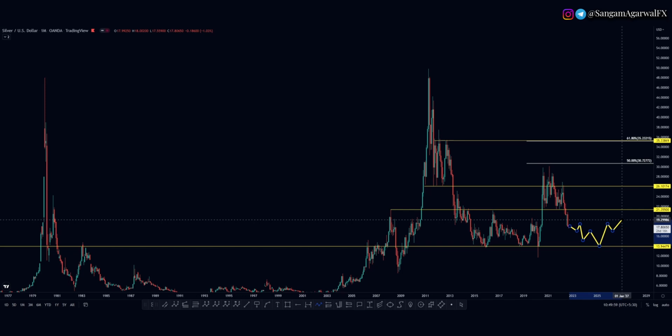And if Fed monetary policy changes and it bounces from that level, then the upside target will be 21. Since this level has been broken, upside retracement can retest this 21 level, but below 21 it is bearish and the downside risk is this $30 level. If a bullish trend comes, then first we have to wait for the clear breakout of this level, then you can buy on retest, but it will take time, maybe next year,